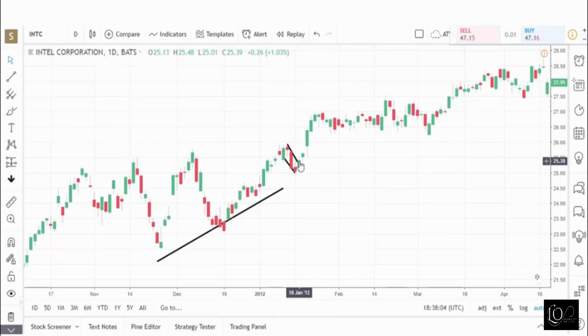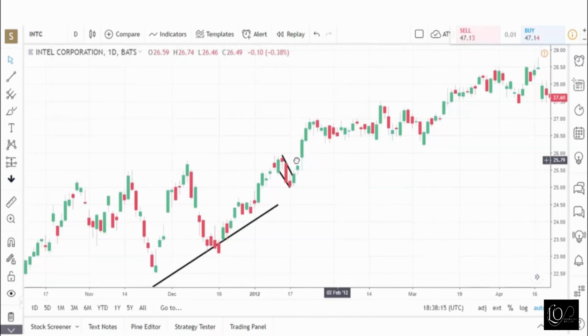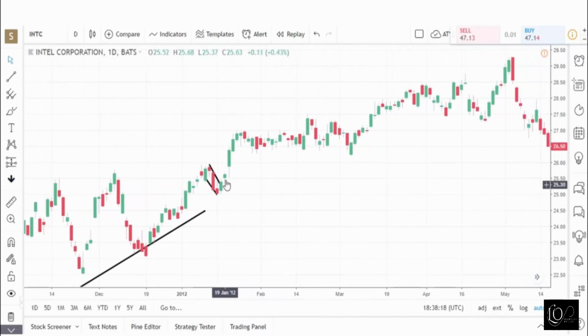This could have been our buy signal, or we could have purchased the following day after it was clear that the stock had broken this short-term flag pattern. The stock continued to move up from here, which is around the 25.5 level, up to around the 29.25 level before turning down. So this was a continuation flag in a bull trend in Intel, and gave us a buying opportunity when the